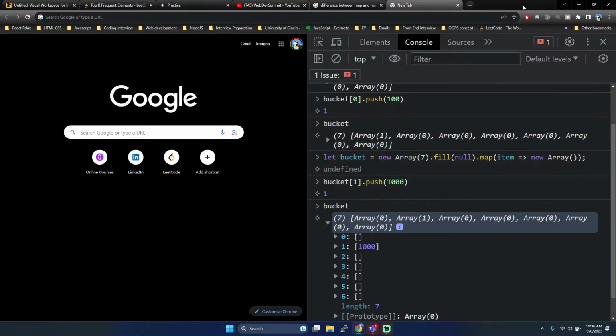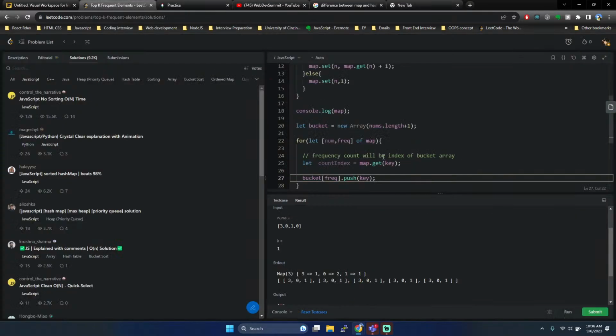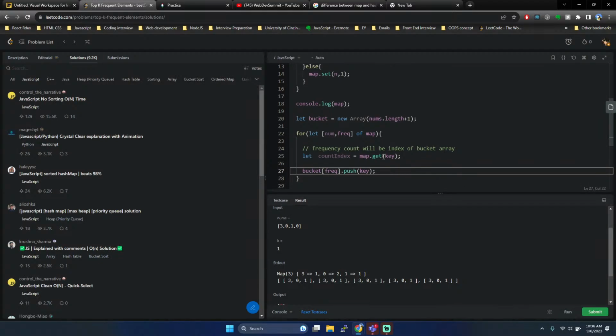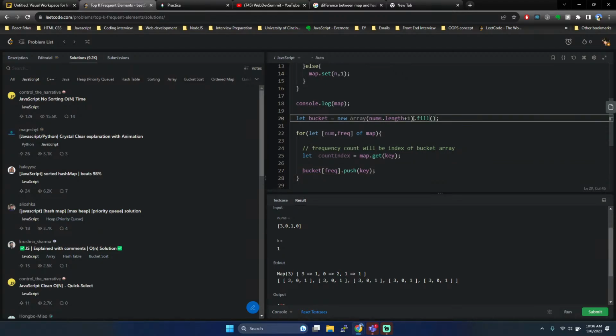Okay, cool. So yeah, the mistake that I was making here is I was creating an array, but when I was filling it up, I was creating a reference of it. So null dot map,